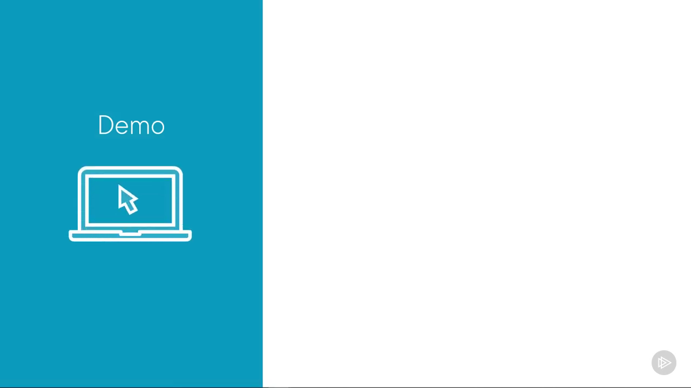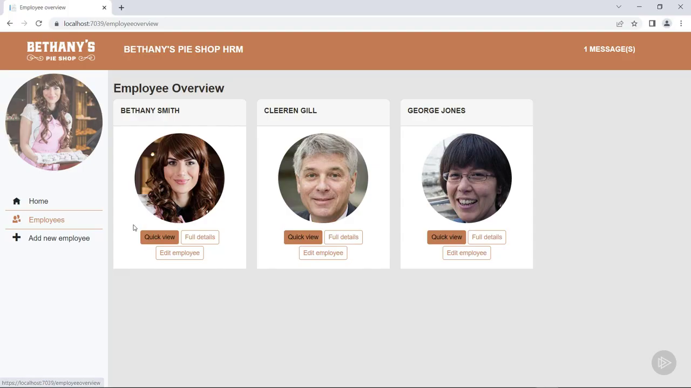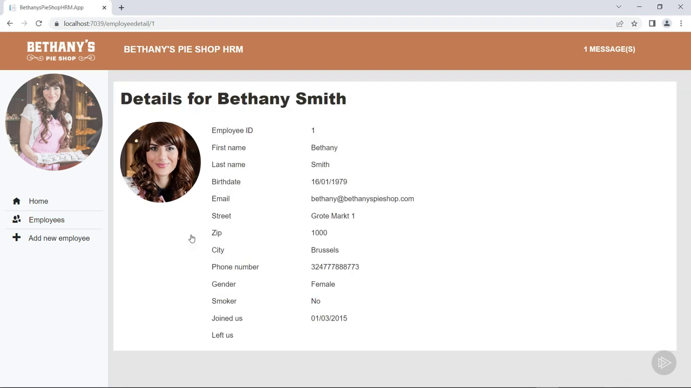Time for the first demo in this module. We're going to add a map rendered by JavaScript on the employee details page, showing their coordinates on a map. For each employee, we can see the full details. I can click here on full details and then we see the page with all the details of an